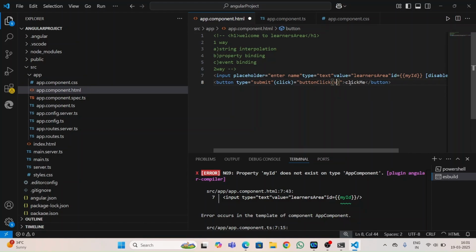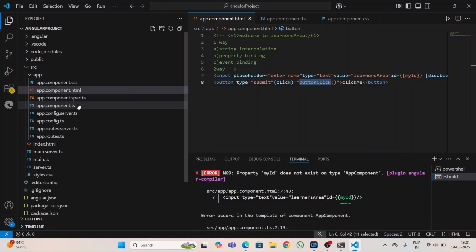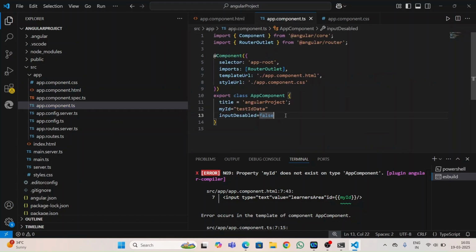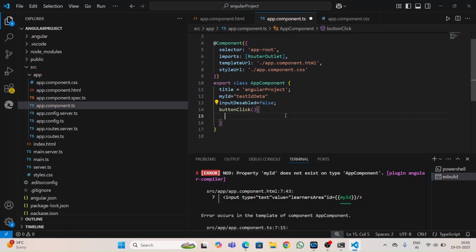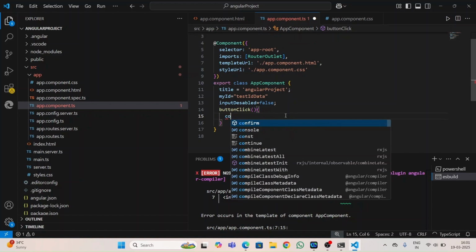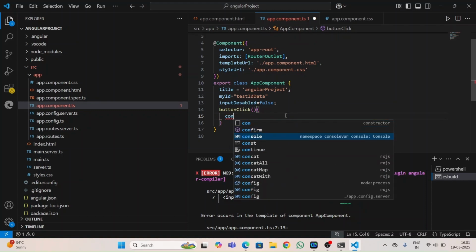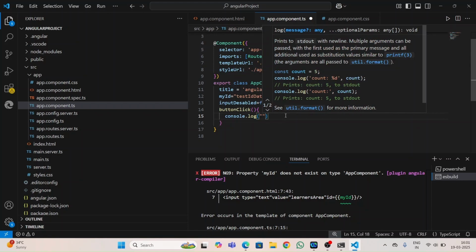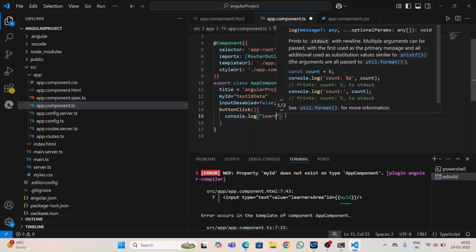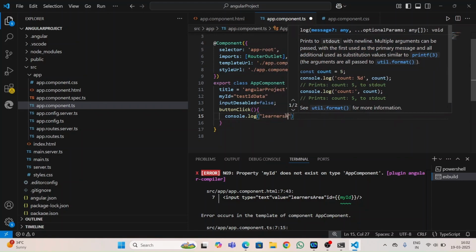Or else we can directly go with a button like this. Why? Because here we can use reactive forms or template driven forms. That topic I will cover in the future. I'm consoling, console.log learners area,